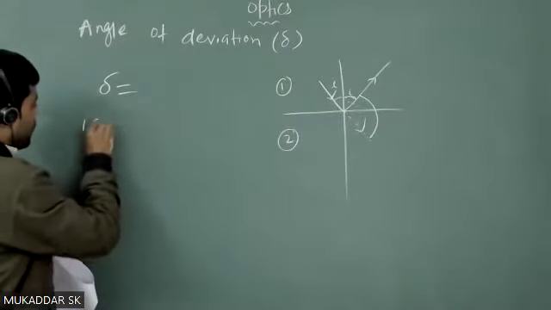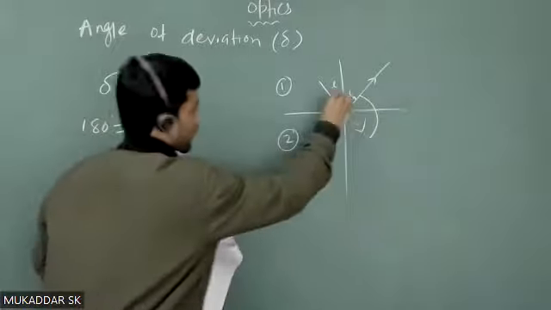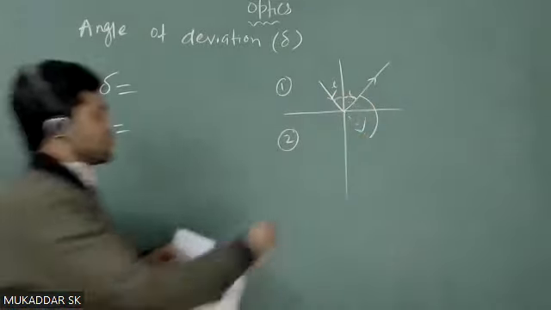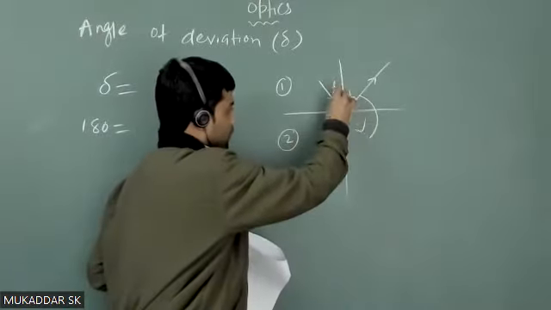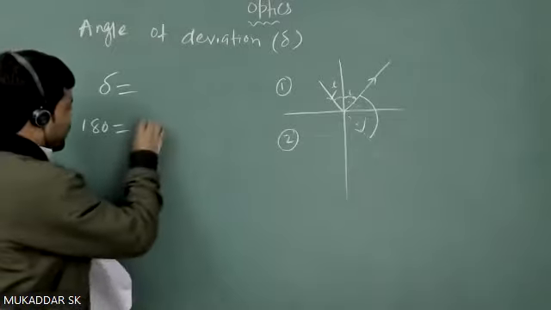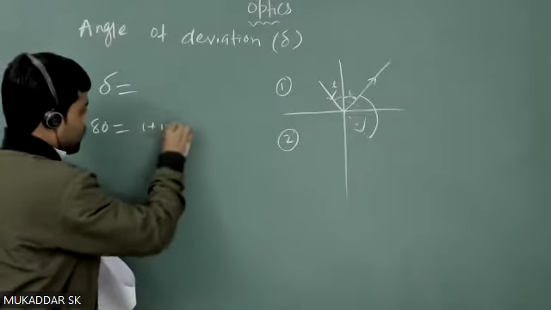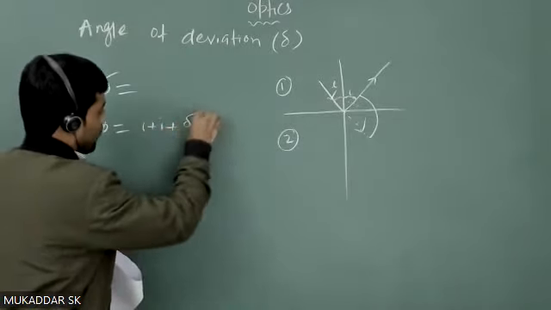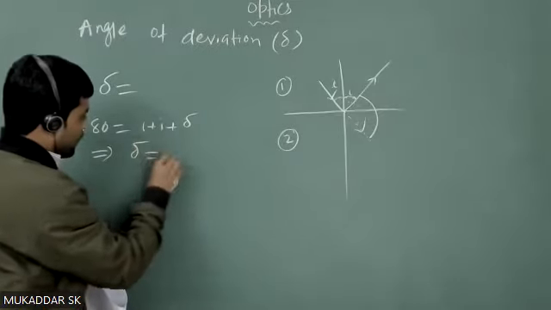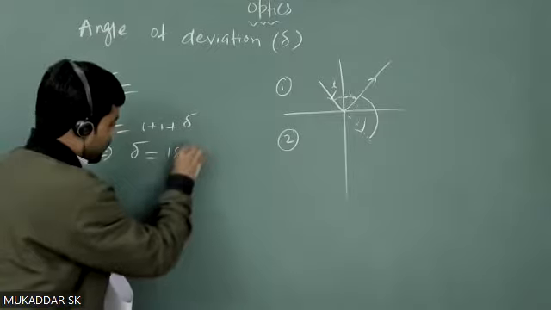So can I write 180 equals I plus I plus delta, right? Because this 180 is basically the sum of this angle plus this angle plus this angle, right? So I can write I plus how much? Delta. So from here I can calculate that the angle of deviation is nothing but 180 degrees minus twice